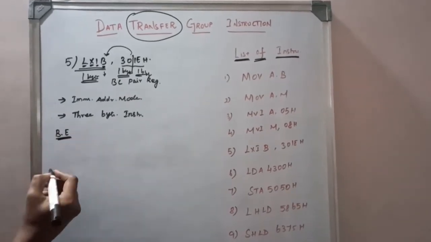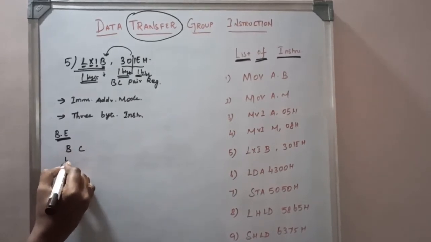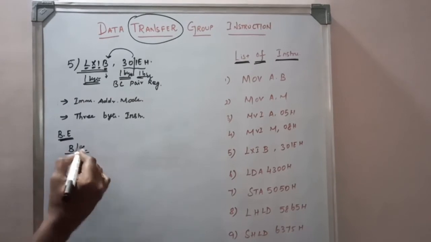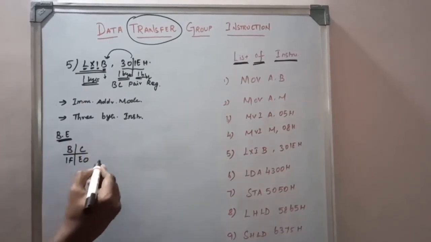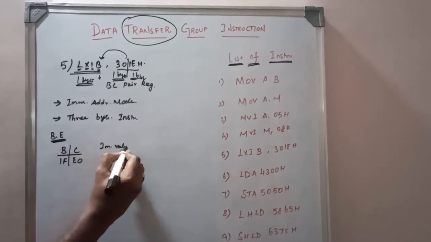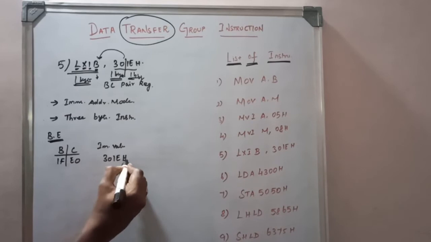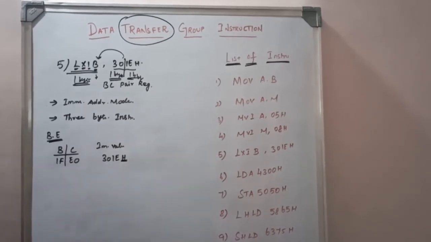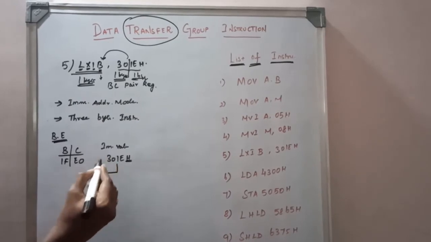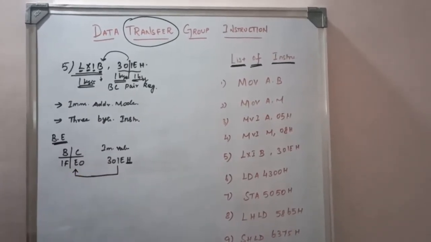Before execution, BC pair contains 1F E0. So this value is held in the BC pair. The immediate value in the instruction is 301EH, where H represents the hexadecimal value. So after execution, whatever value is present in the instruction, the immediate value, is transferred to the BC